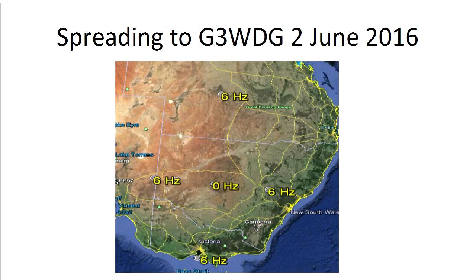Now, you can even optimise the degree of cancellation by moving around, going portable. And so this is the sort of difference that it makes. Here's a day when it was very low, the libration spreading. If you're in the middle of New South Wales, you get it right down to zero. But if you move, say, to Sydney or Broken Hill or Melbourne, there's nearly 6 hertz spreading. So again, your options for doing QRP can be improved by going portable and selecting the right place.